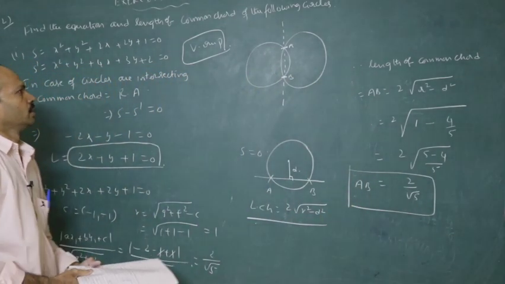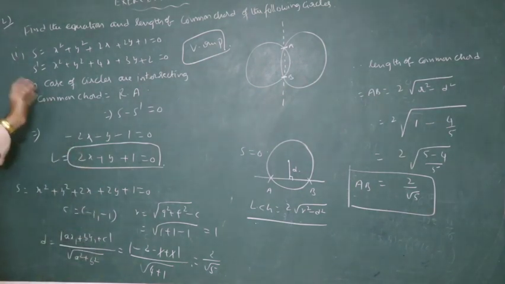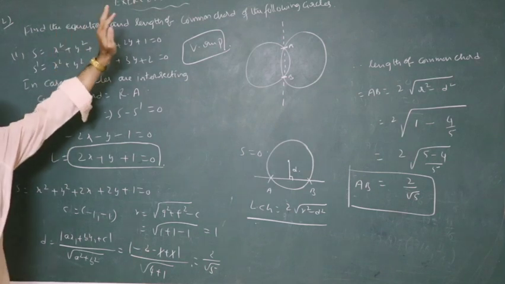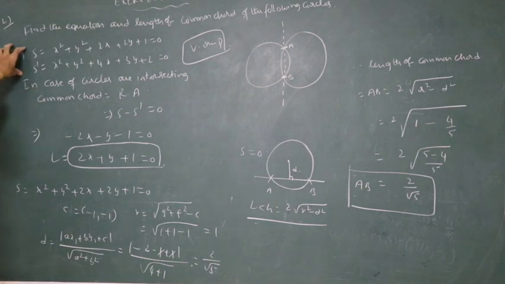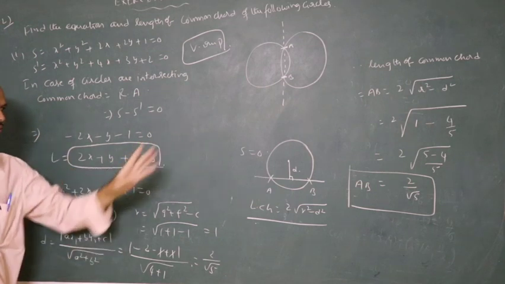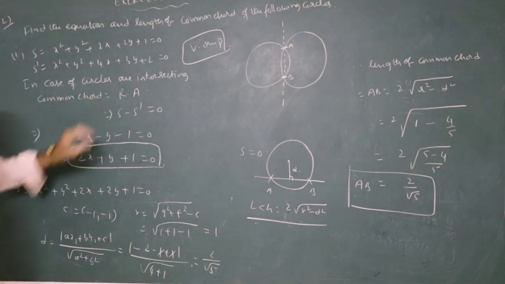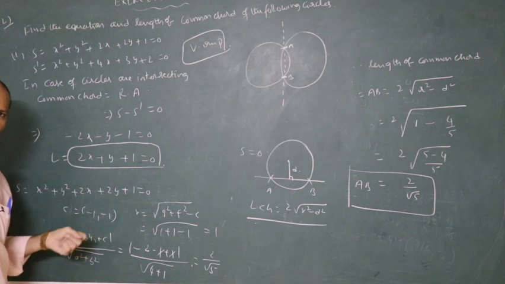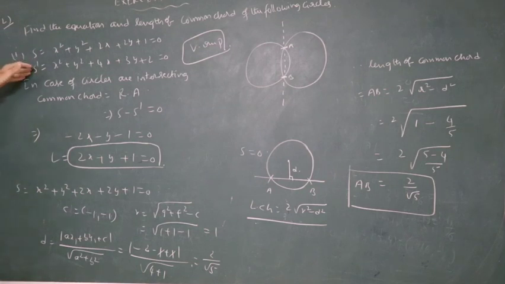This is how to find the length equation and length of common chord. If this equation was given, you have done that model already in circles. As a different model, they have given a pair of circles. They are intersecting. We have to find the equation of common chord and the length of common chord. You know, in case of intersecting circles, common chord is nothing but the radical axis, which is S minus S dash. Do the simplification. While finding the length, you can choose either of these two circles, no problem. You always get the same conclusion.